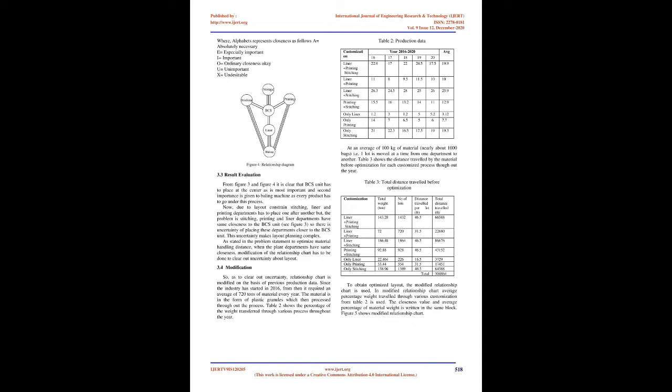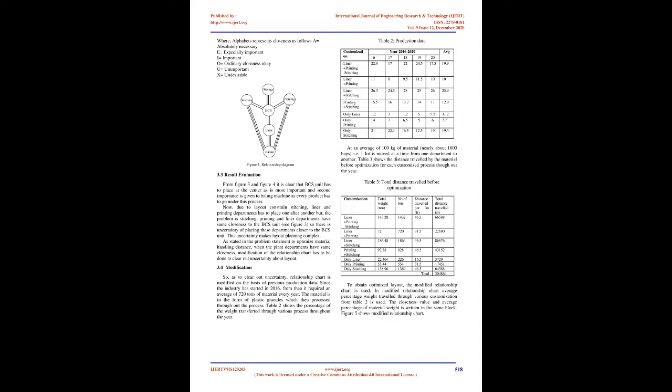From Figure 3 and Figure 4 it is clear that the BCS unit has to be placed at the center as it is most important, and second importance is given to the baling machine as every product has to go under this process. Now, due to layout constraints, the stitching, liner and printing departments have to be placed one after another, but the problem is